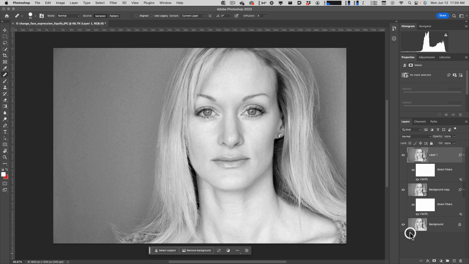All right, so I think that is it for the liquefy filter. And I think that is pretty good. I had one more that I was going to show you,